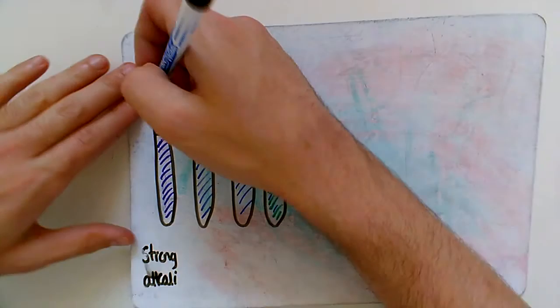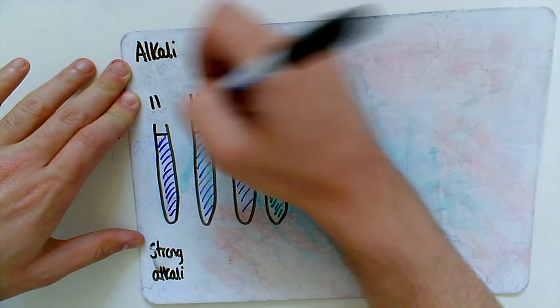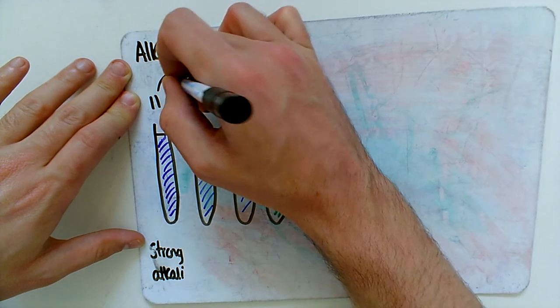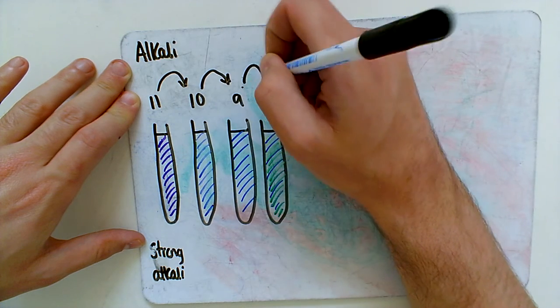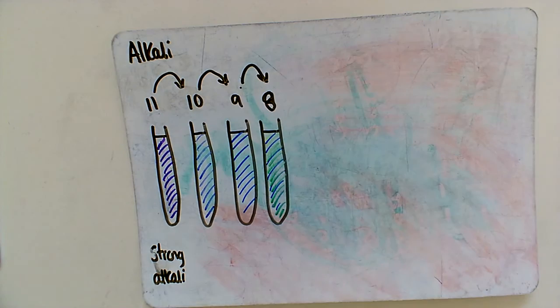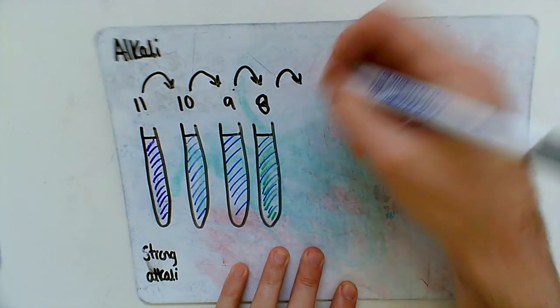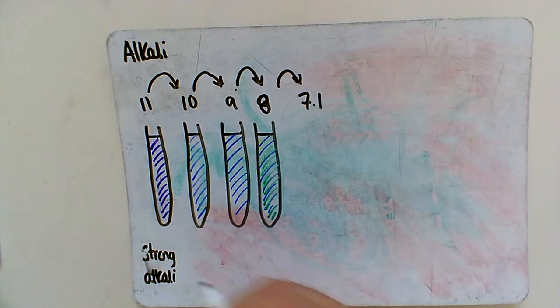And so, again, maybe if we started at pH 11, we then go to 10, to 9, to 8 by diluting it. But again, you might think, oh, we can keep going, but we can only go down to about 7.1 because